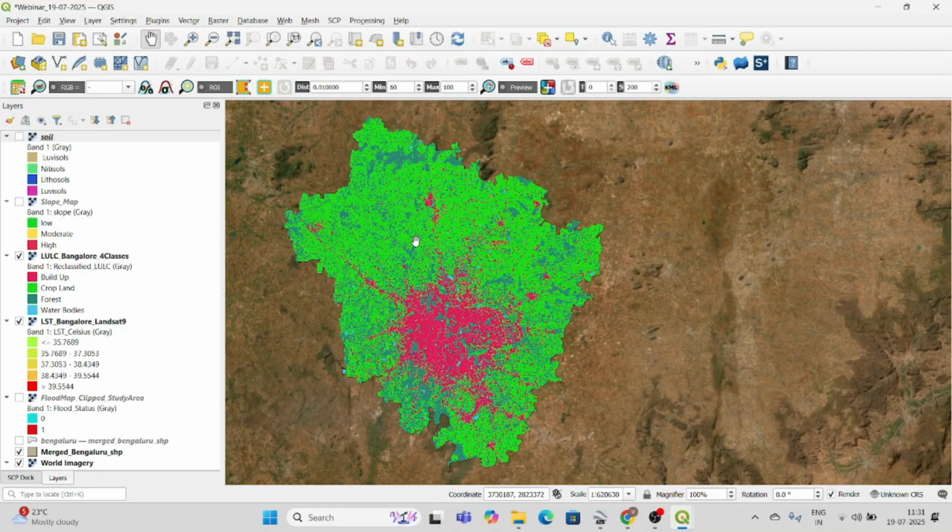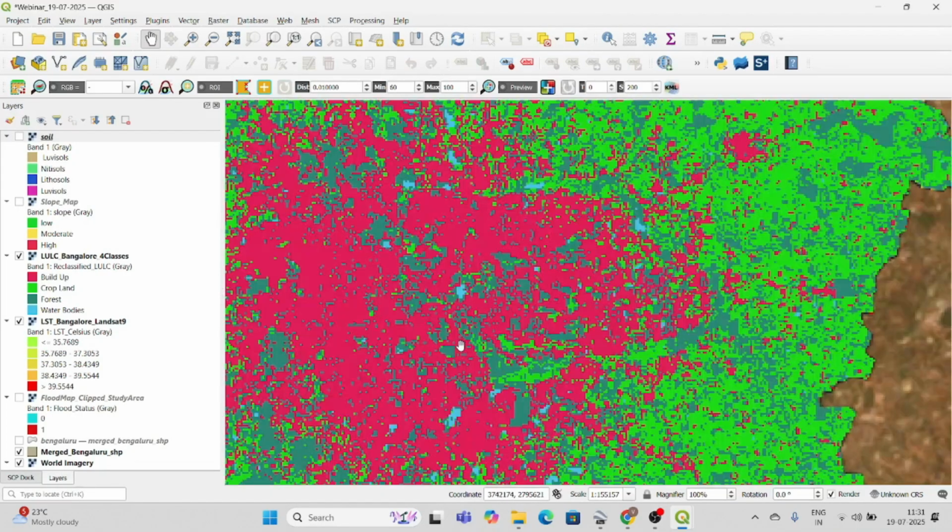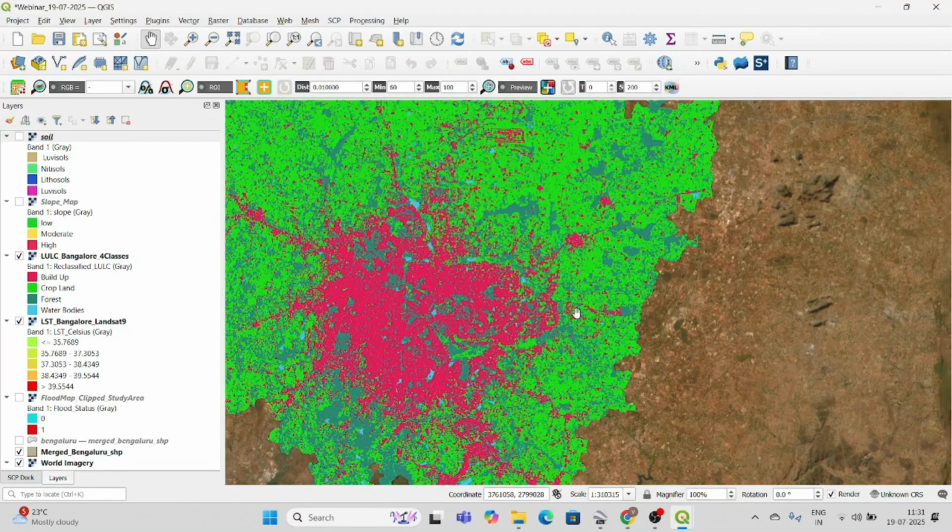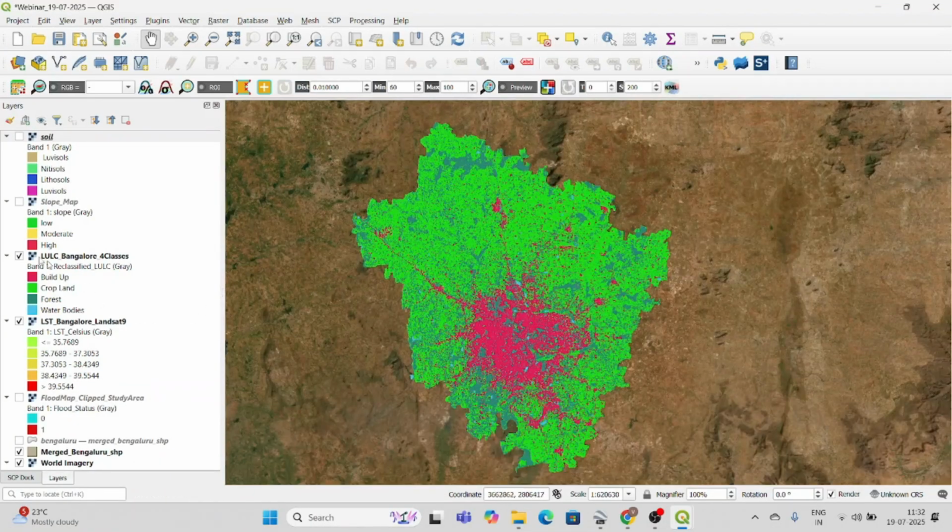Okay, so you can see the build-up areas here: forest, water, and cropland. Everything you can see here, and you can see this is the urbanized area, very urbanized area. So just remember this. At the last, I will verify. At that time you will be seeing my different maps, why I chose a suitable area, suitable site. Here you can see these are the build-up areas. This much build-up is present in Bangalore. As you already know, Bangalore is an urbanized area. So this much build-up has been present, and I have also marked croplands, forest, and water bodies. So you can see it.